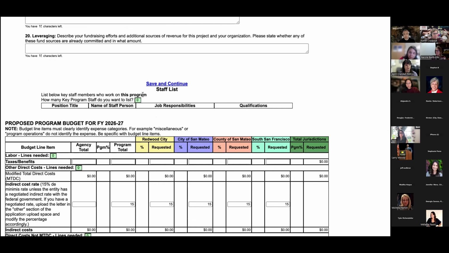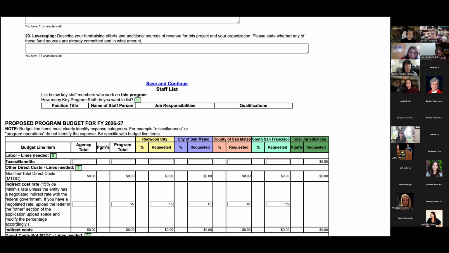Anytime you see this green pastel box, that's your opportunity to add in the number of line items you need. I believe we do have a limit of, I want to say 10, but it could be more. It's either 10 or 25. I would need to check. But if you do need more, please let us know. I'll just kind of show you an example. Let's say I'll put in 10. I'll scroll back down.